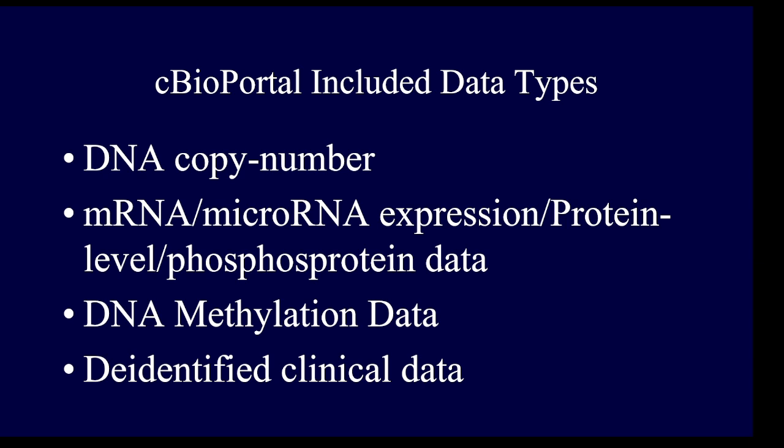The cBioPortal includes many data types, some of which are DNA copy number, mRNA, microRNA expression, or protein level and phosphorylation data, DNA methylation data, or de-identified clinical data. Now these depend on the data set. Some have all of these, some have only a few of